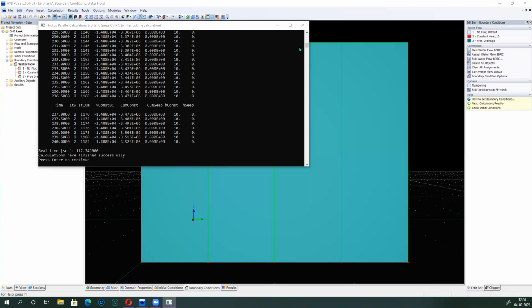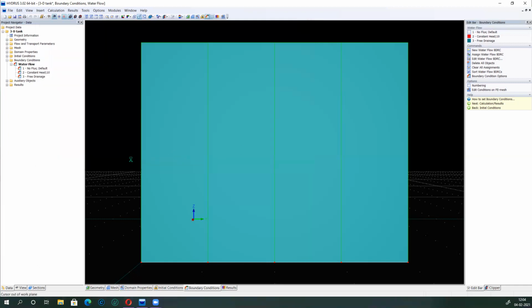Here we can see that the calculations are finished, and now we will have a look at the outcomes. Since it's a highly loaded element structure, it's taking time to render. Pardon me for that.